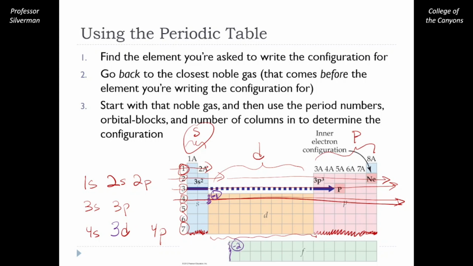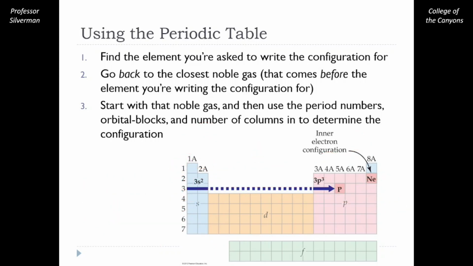For the f area of the periodic table, you need to subtract 2 compared to the period numbers on the far left. If this makes a little bit of sense, we can use our periodic table to read the electron configuration for any given element. The number of boxes that you have to travel among a block corresponds to the electrons in that set of orbitals. So for example, if you're talking about neon,